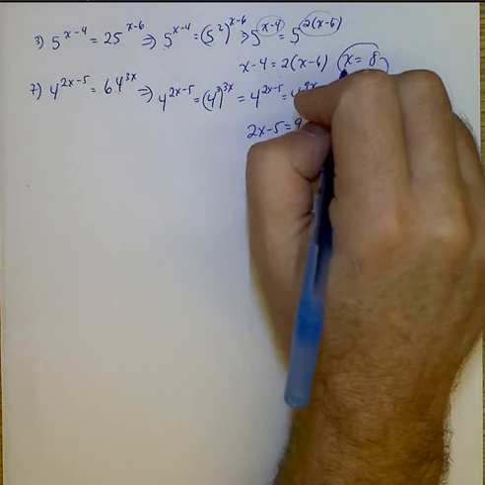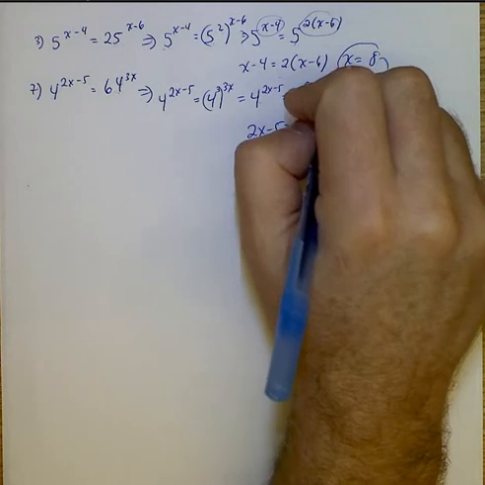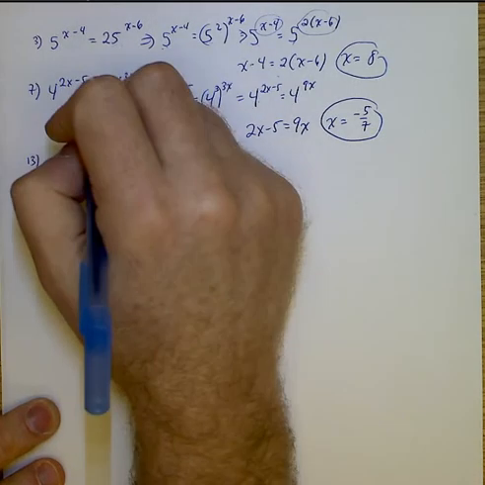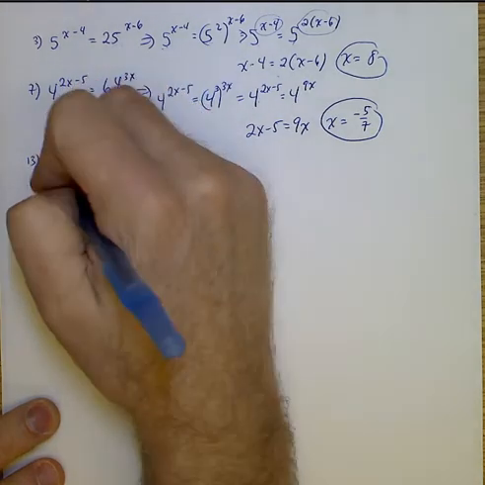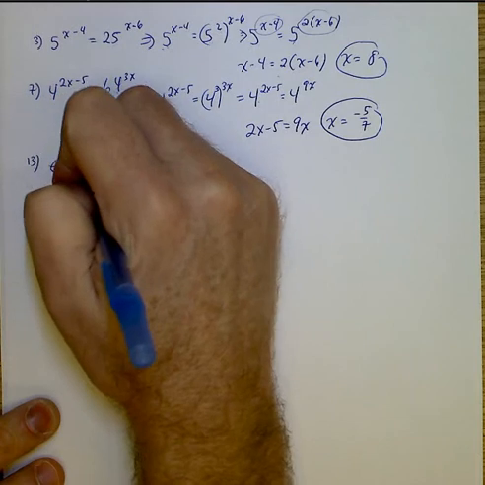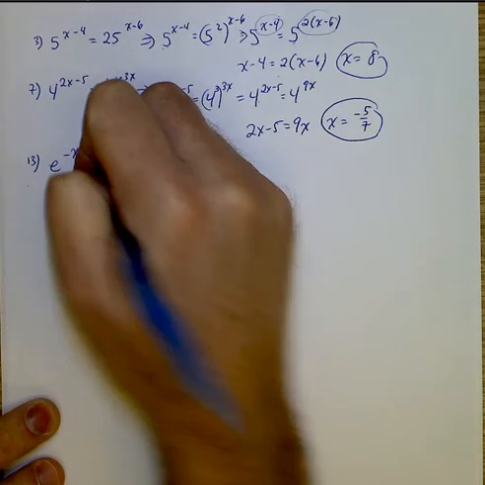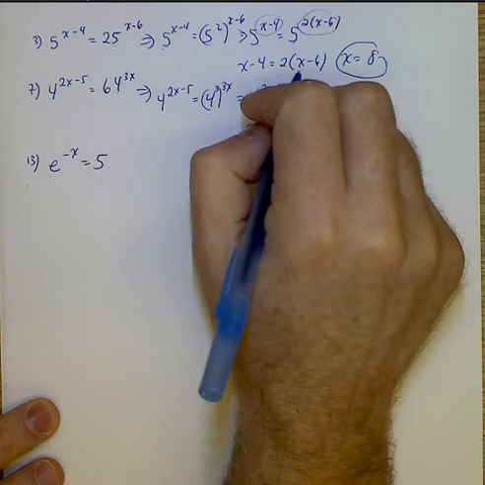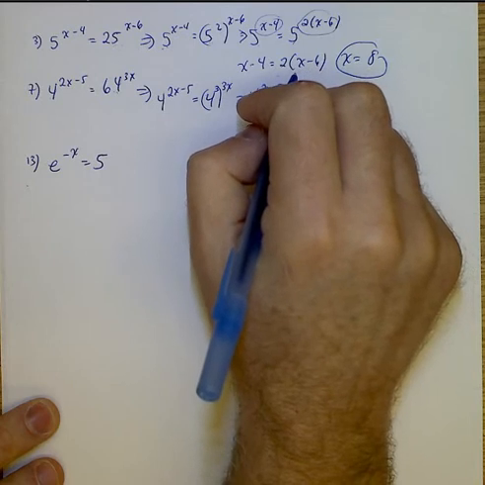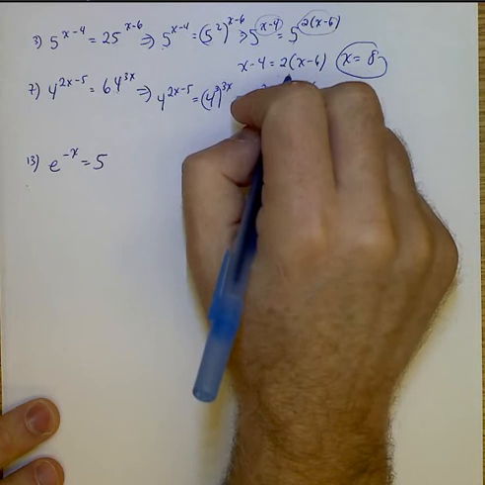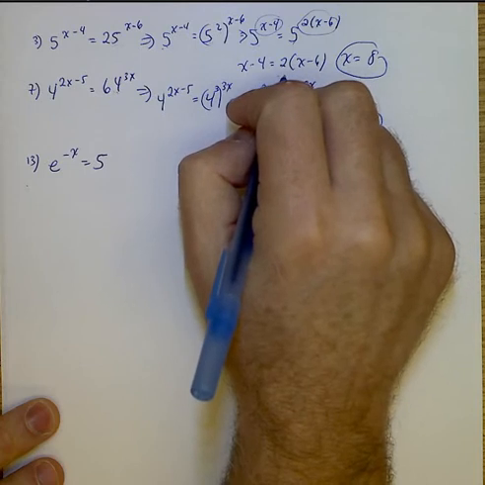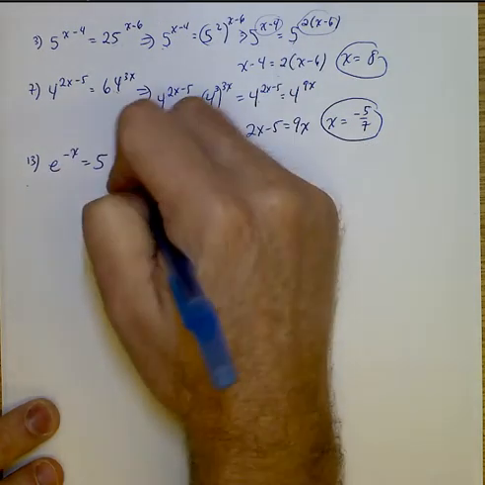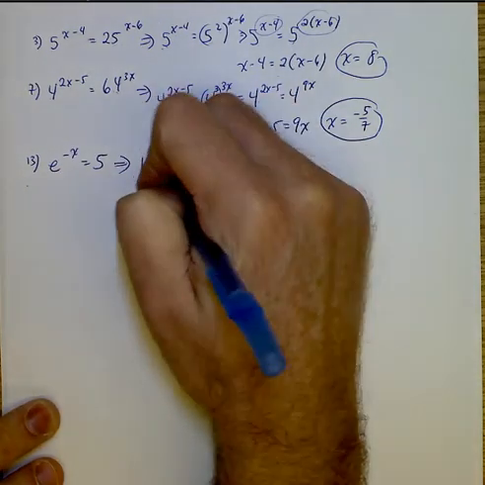Let's go ahead and move on now to a problem that has e in it. And I'm thinking about number 13. e to the negative x equals 5. The way you solve an e problem is you basically take the natural log of both sides. You've got to remember that the inverse of e is the natural log, which means base e. So if we go ahead and take the natural log of both sides,